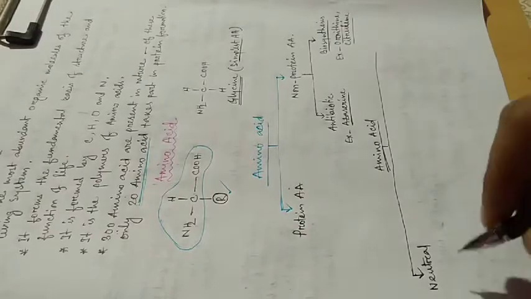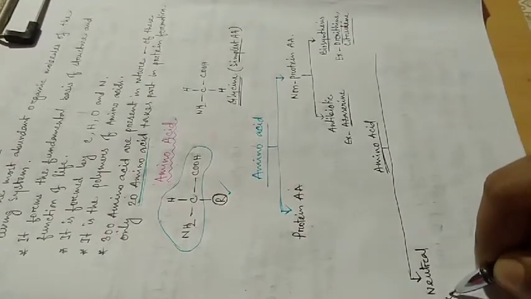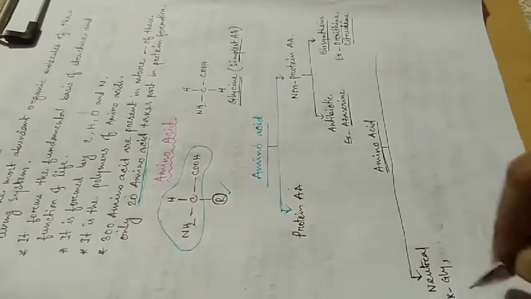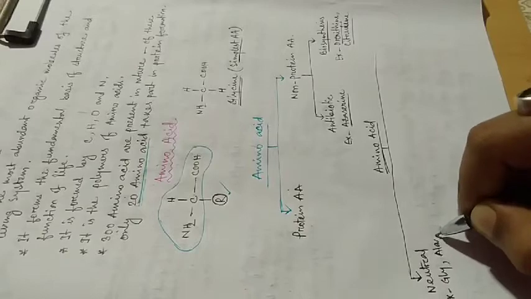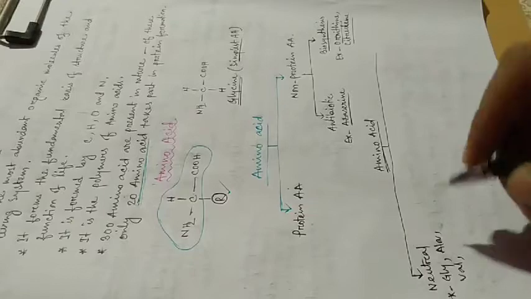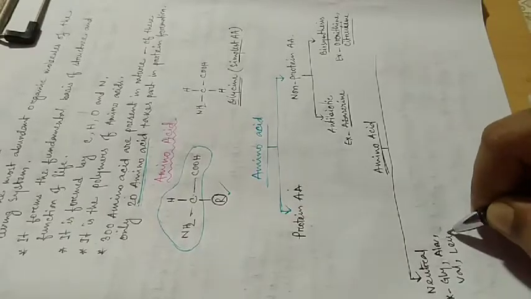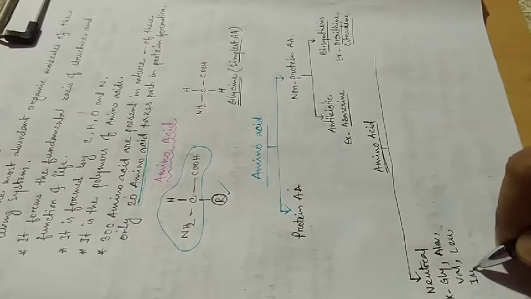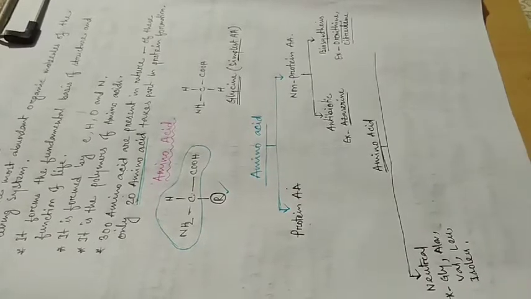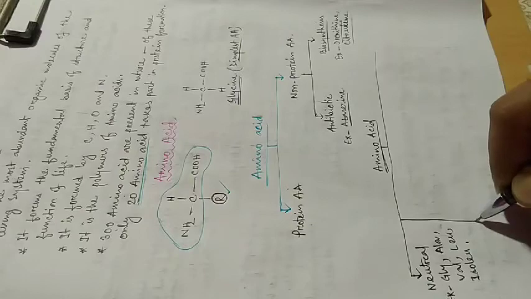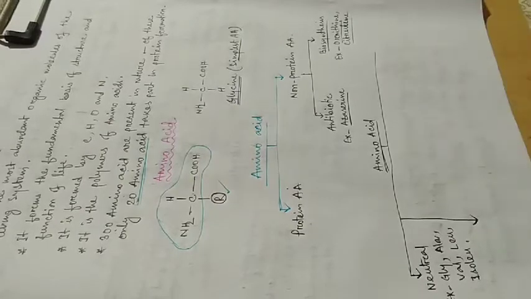Okay. As example, glycine, alanine, valine, leucine, isoleucine, etc. These are the neutral. The amino acid which have only one amino group and one carboxyl group is called neutral amino acid. Then